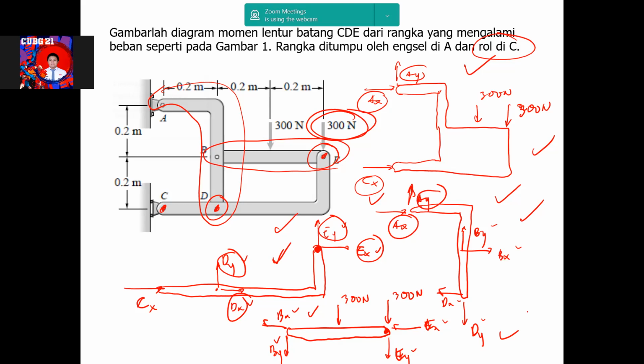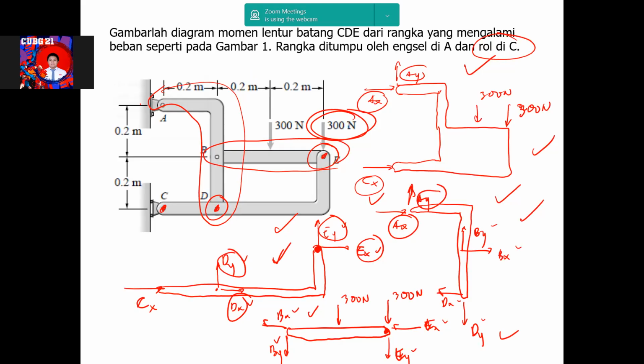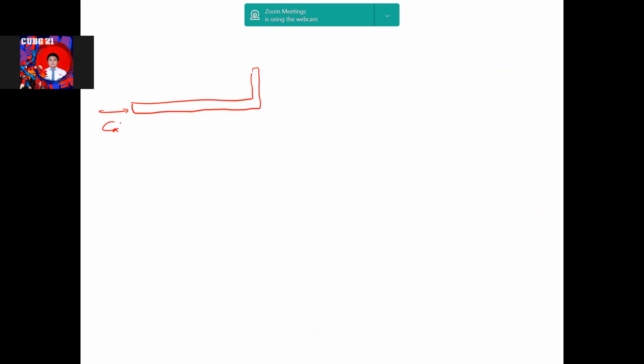And as usual, after you solve for CX, DX, DY, EX, EY, okay, so you have it like this later. CX, DX, DY, EX, EY. Okay, after you solve for this, Zafia,